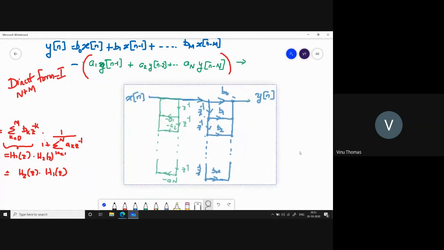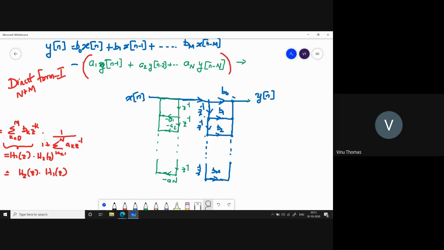See how many delay chains you have in this structure. You have a delay chain here. So this is Z raised to minus 1, and you have a delay chain here, Z raised to minus 1. So in a circuit, you know that these two correspond to the same point because the same current is flowing through this line. So if X of n is a voltage and Y of n is the output voltage, then the same current will be flowing through this line. So in effect, these two are the same points. Is it understood? So you might as well combine the delay chains here.